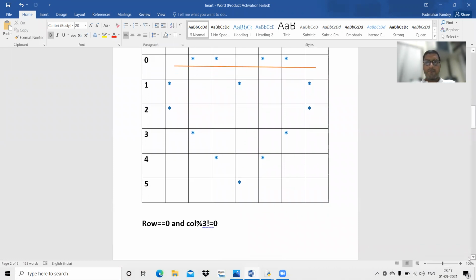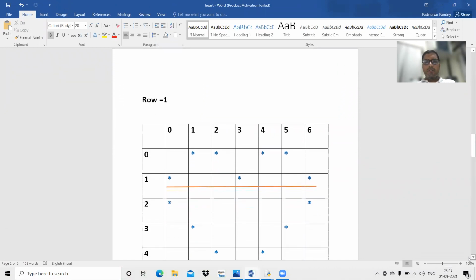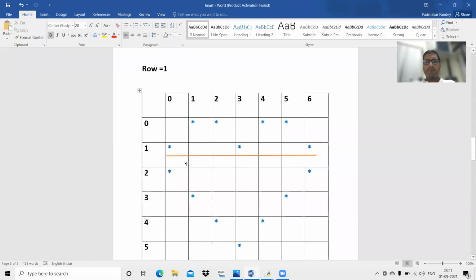Now let us come to the first row, that is row number 1. So here you can see when the column number is 0, 3 and 6, we want a star. So when the column number divided by 3 gives remainder 0, then we need a star.